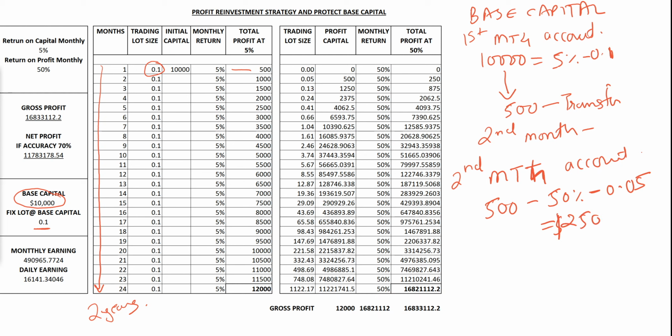by trading 0.05 lot size. So you will get a $250 profit, as you can see, at the end of the second month. So this is what we are trying to explain, and the second one you are trading with your $500